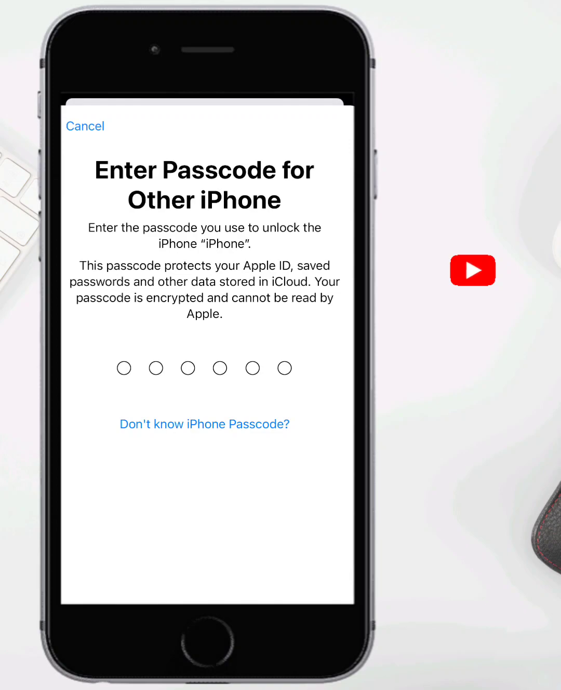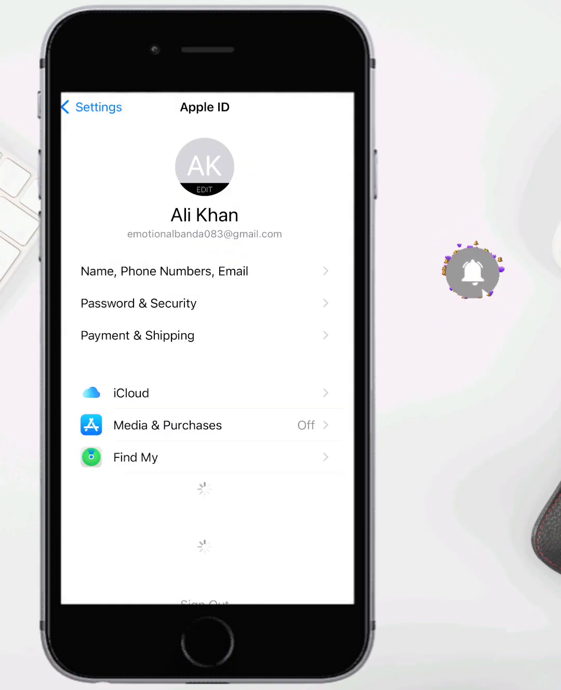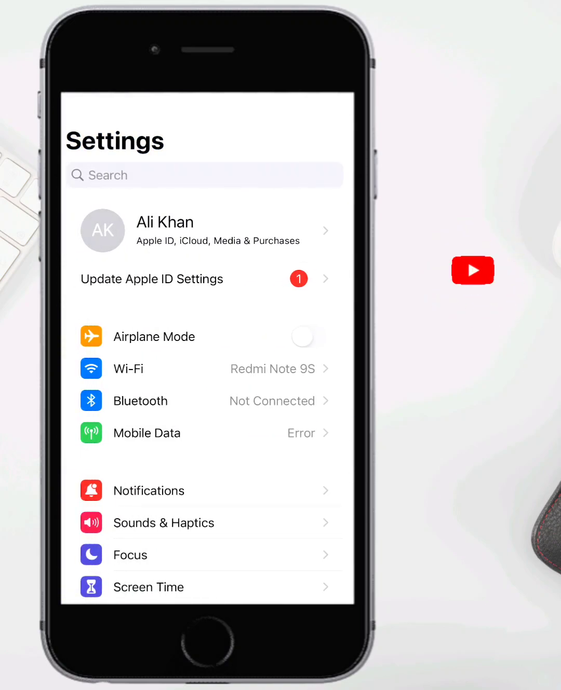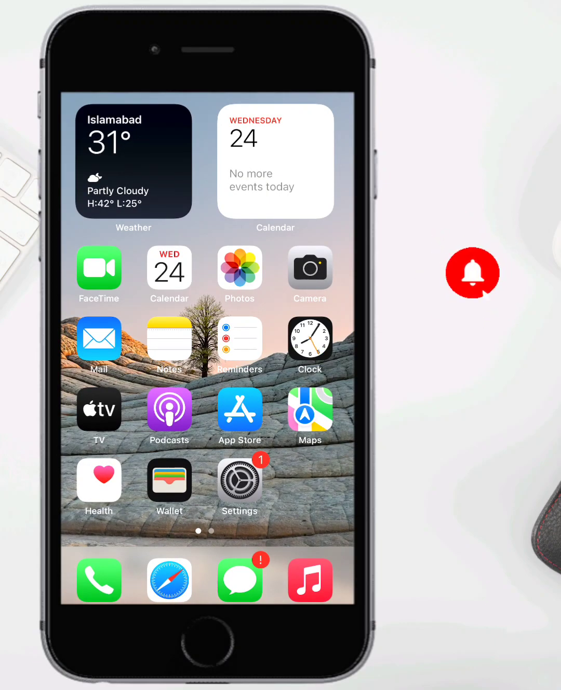As you click on that, they will ask you again, but you have to make sure that you click that you will provide it later. After a few seconds, as you can see here, they will ask you to enter the passcode later. So after that, you can simply log in to your